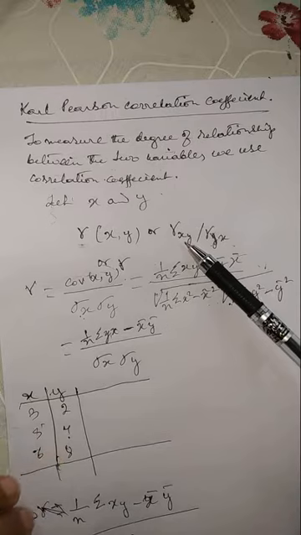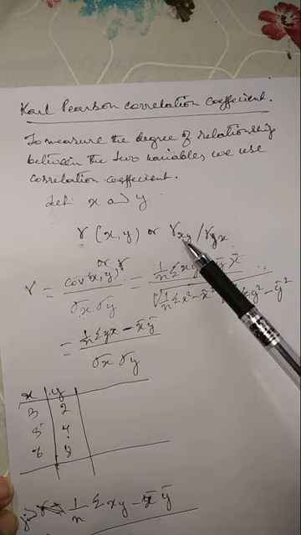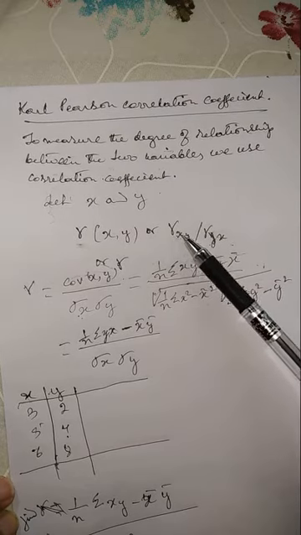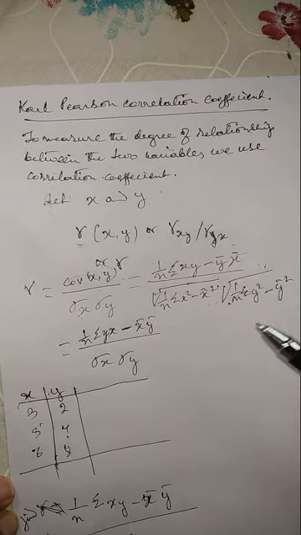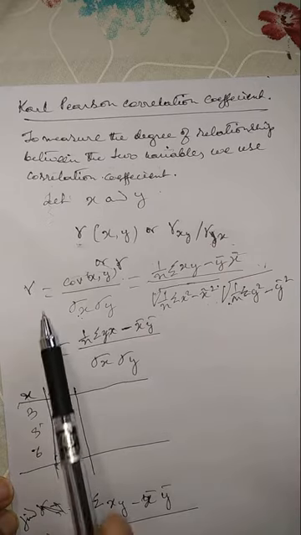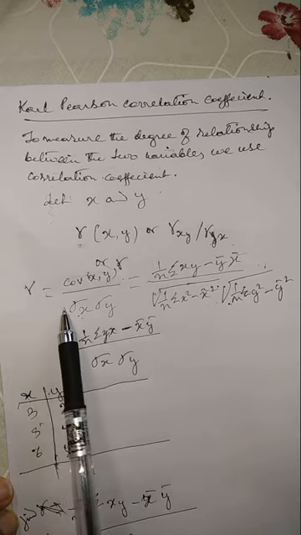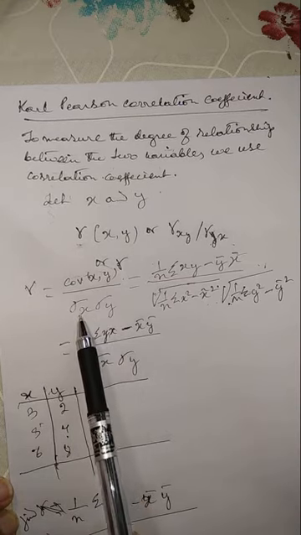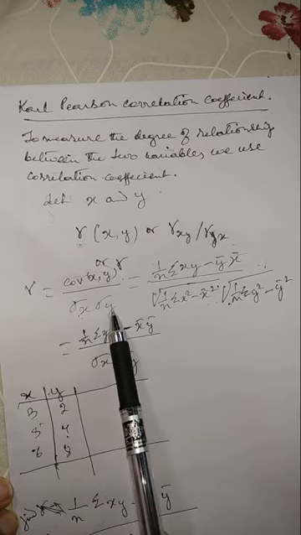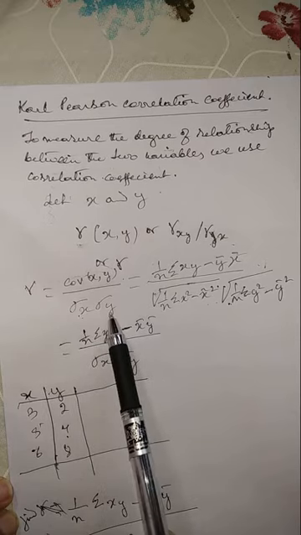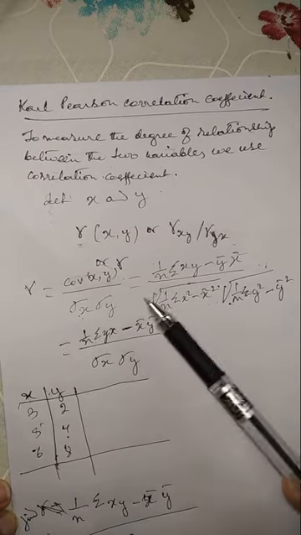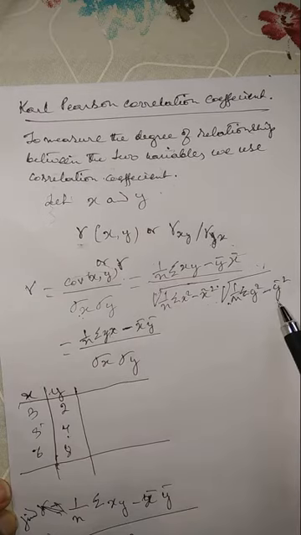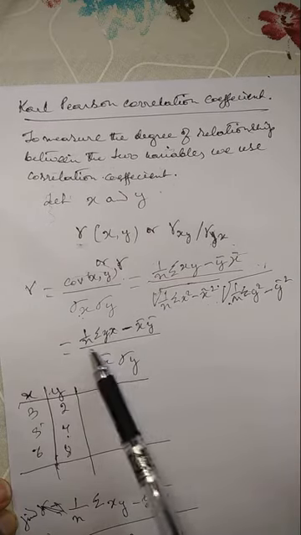Okay, remember, the variable on the right side is the dependent variable. The variable on the left side is the independent variable. So this correlation coefficient is equal to cov xy by standard deviation of x and standard deviation of y, or sigma x sigma y, which we can also interpret in this way, and then this in this way. Or we can write it in this form.